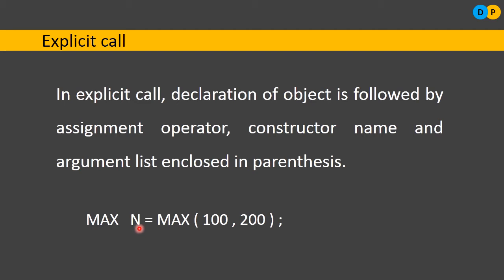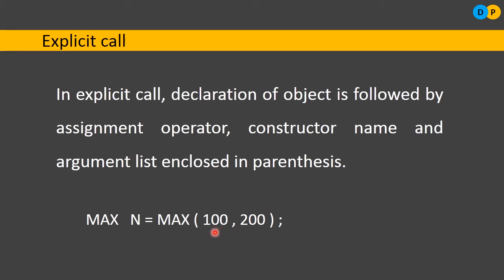After creating the object, earlier we were terminating it with a semicolon, but now, as soon as the object is created, it will be followed by the assignment operator, and again we are taking the constructor name. What is the constructor name? The constructor name is the same as the class name, and it will be followed by an argument list within parentheses. If you come across such a statement within a program, this is referred to as an explicit call. We are forcefully calling a constructor. What type of constructor? Parameterized.